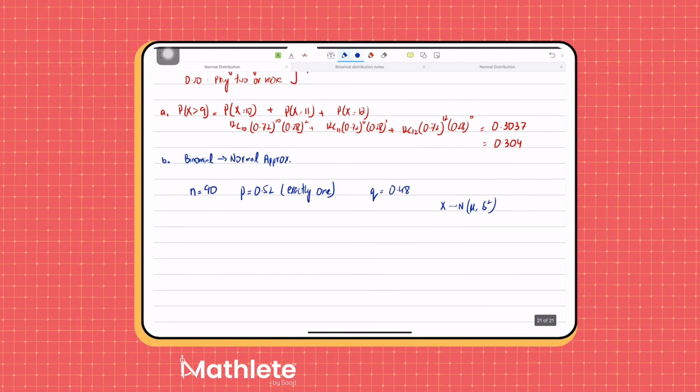Now remember, if you're converting a binomial distribution to a normal distribution, then your mean and your variance will basically be np and npq respectively. That means if you want the mean, here's what you will have to do: 90 into 0.52. Okay, so let's work this out, see what do we get. 90 into 0.52, that gives us 46.8. So that's the mean,